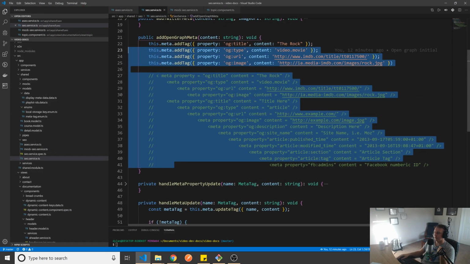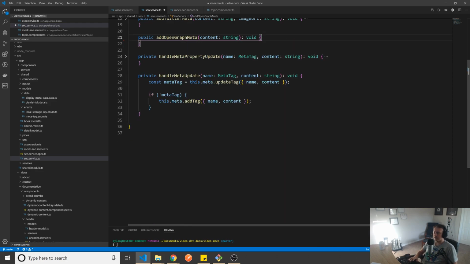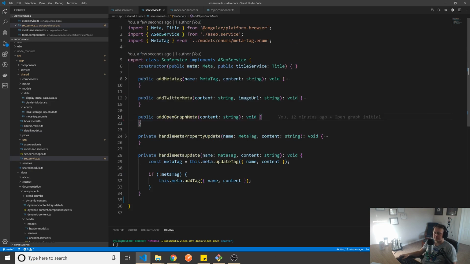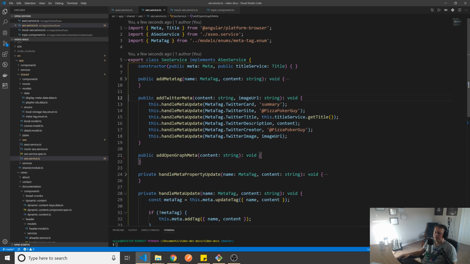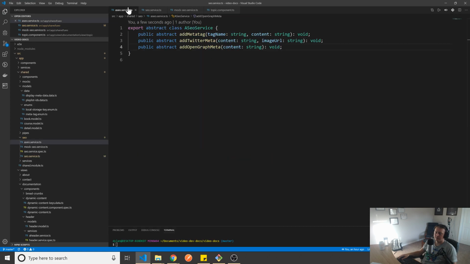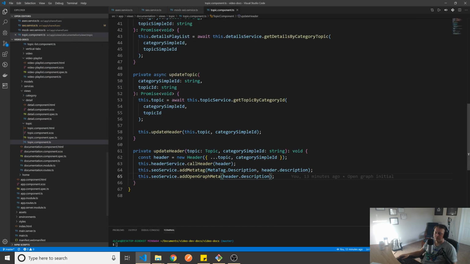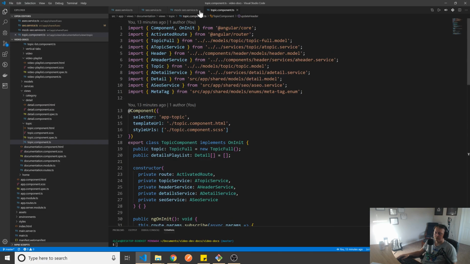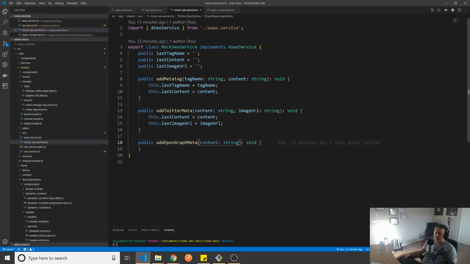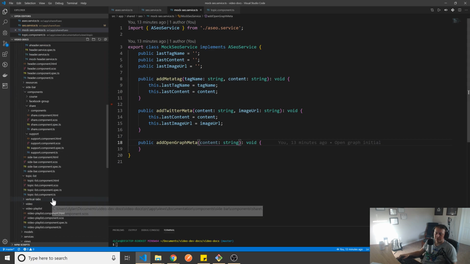I think we're going to come back to this. This isn't crucial. We spent enough time on the Open Graph meta tags. Twitter metadata, we spent some time on. We'll go back to the